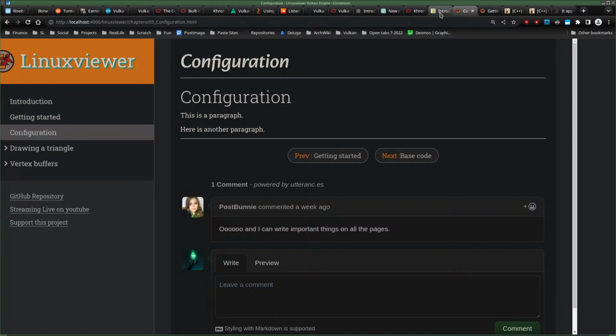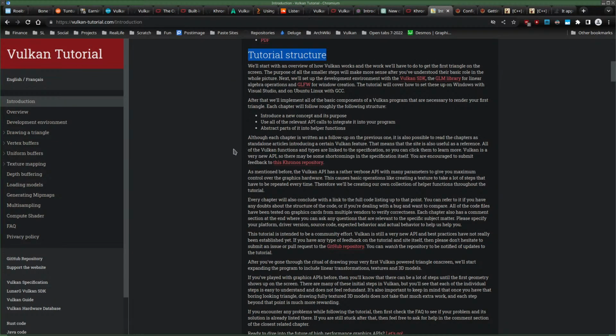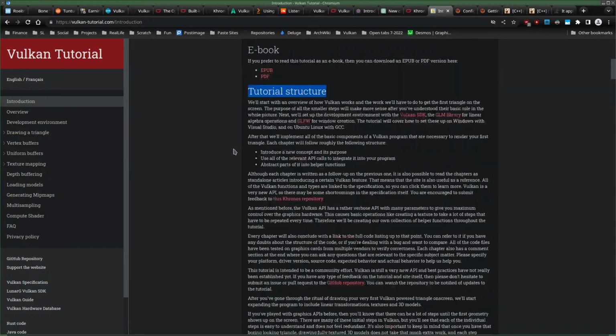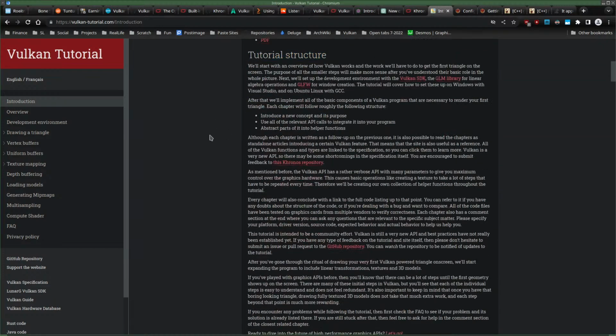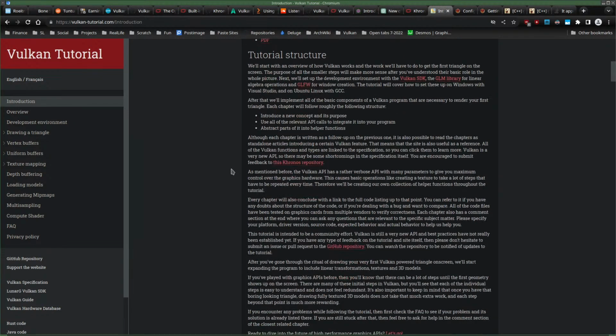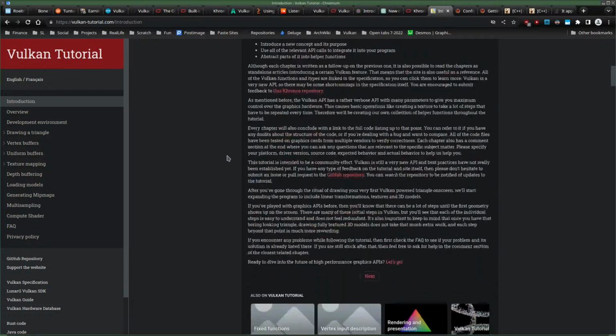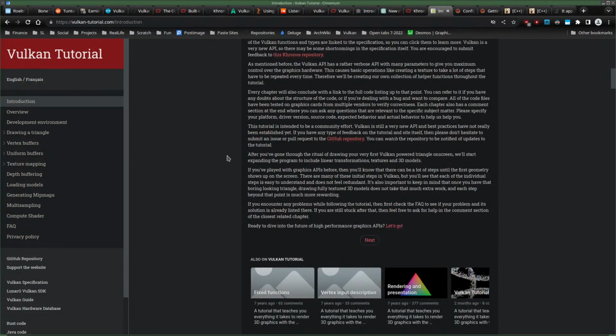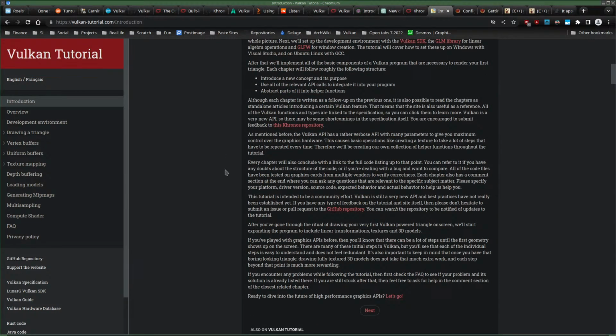How shall I call it? This guy has a tutorial structure. Is that required? Maybe I add that sometime in the future, once I have actually a structure.